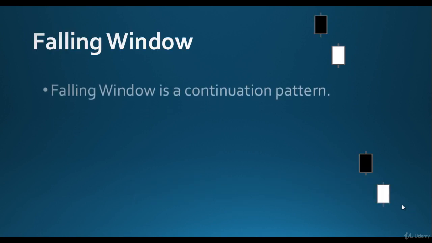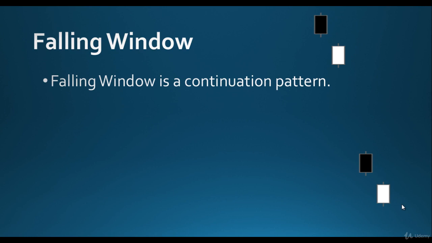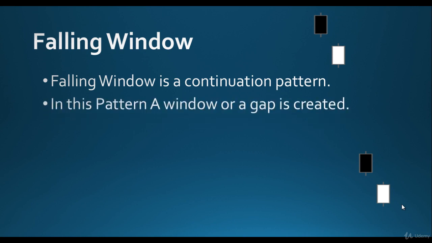Falling window. Now, a falling window appears like this with candles, and it is a continuation pattern. It means whatever the trend was before these two candles will continue to absorb the buys or sells. In this pattern, a window or a gap is created, and that's what makes the falling window pattern